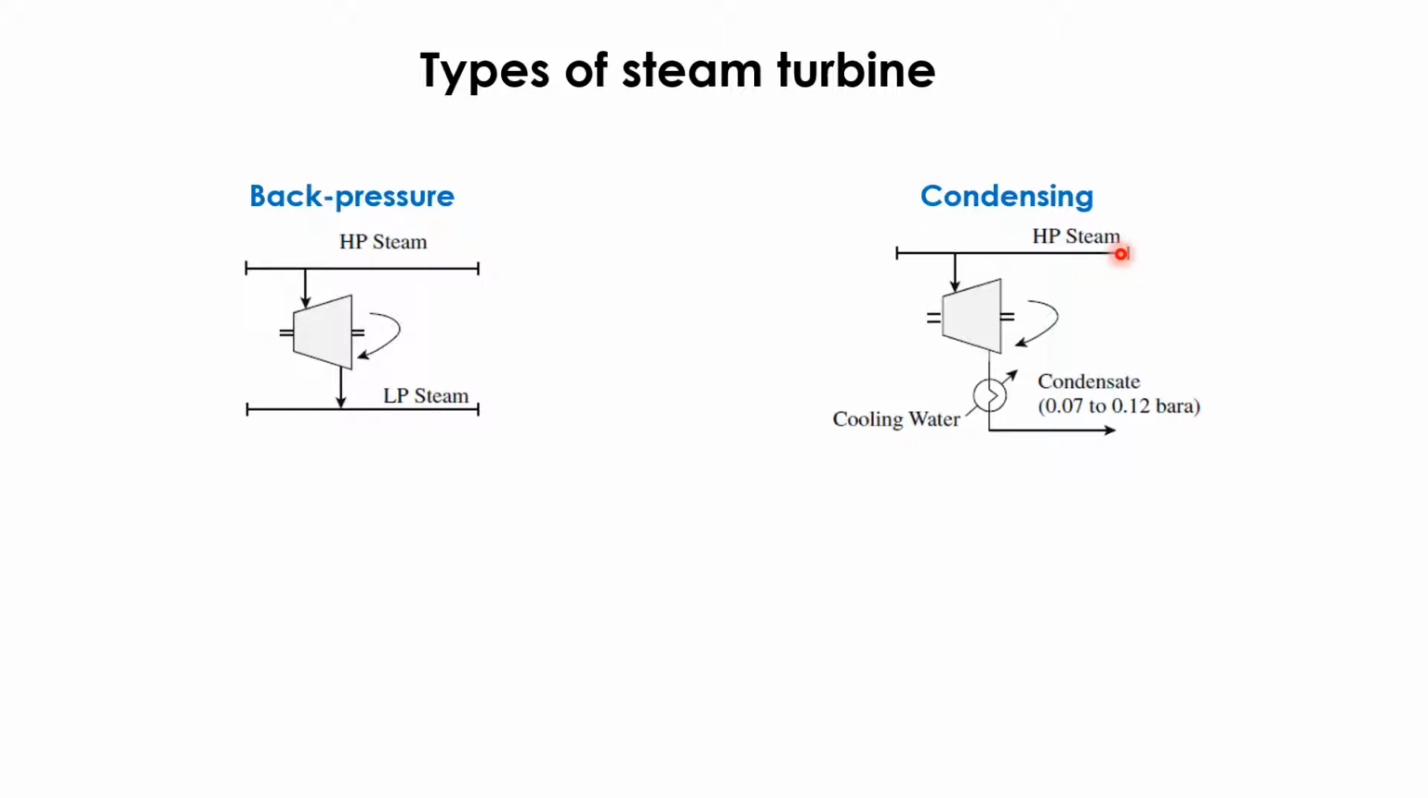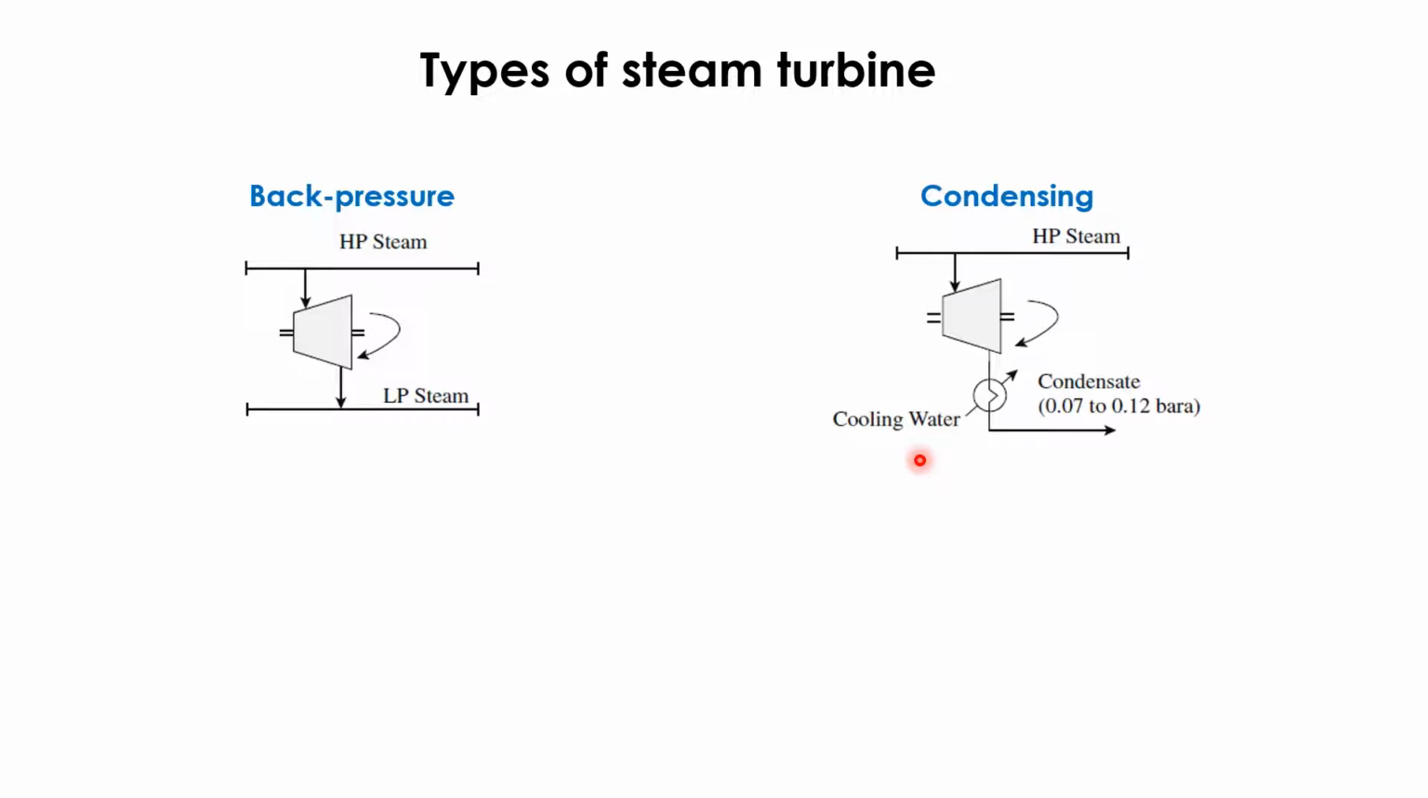In the back pressure turbines, the exhaust steam pressure is higher than the atmospheric pressure. So the low pressure steam here is above 1 atm. On the other hand, for the condensing steam, the exhaust steam here has a pressure of less than 1 atm. The exhaust pressure of a steam turbine is fixed by the operational pressure of any downstream equipment after the